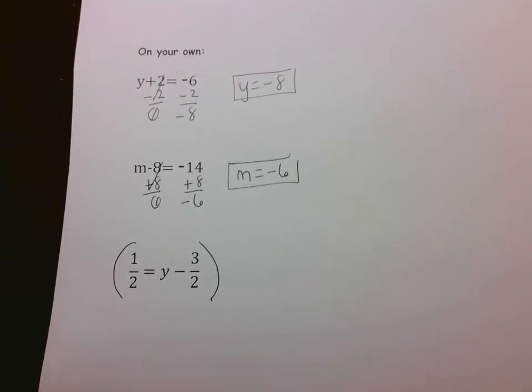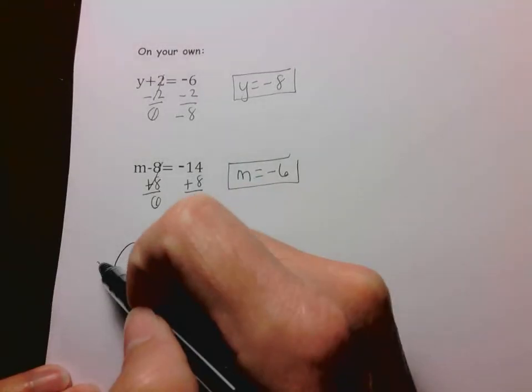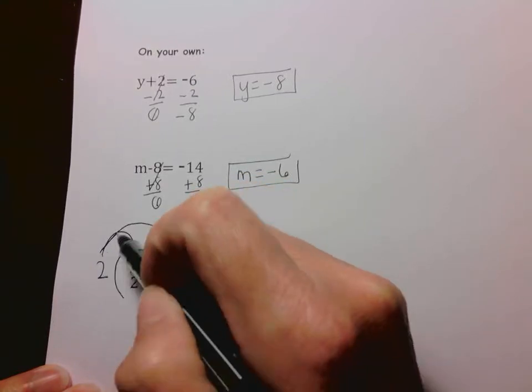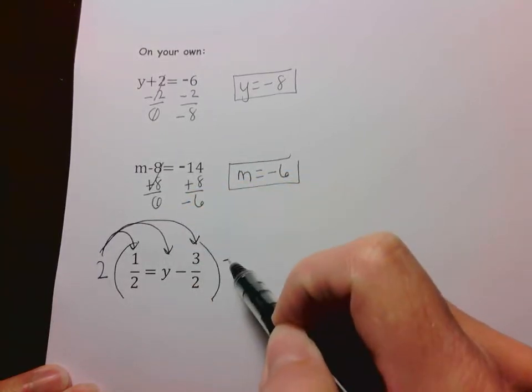And I don't want to add the fraction, I don't want to do operations with the fraction, and I also don't want to change the fraction to a decimal. A decimal is just another form of a fraction. And so what I want to do is get rid of the fraction. So what I'm going to do is multiply each term by 2. And when I do that,